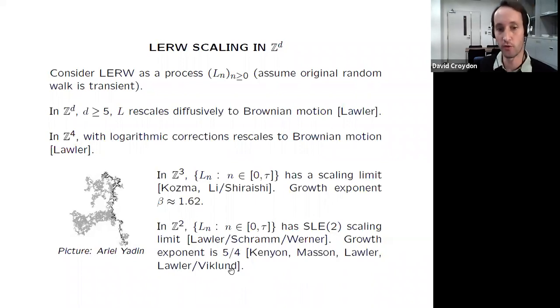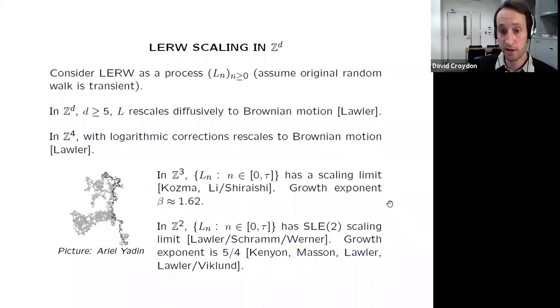In particular, what they show is that if you look at the loop-erased random walk as a process from, say, a set to a set, then this rescales as a process. If you rescale the space and speed up the time by n to the 5/4, then you can really understand this as a parameterized path, and it converges to some suitable parameterization of the SLE curve. This is the sense in which we have a scaling limit, the usual uniform convergence of continuous functions. So we understand this well.